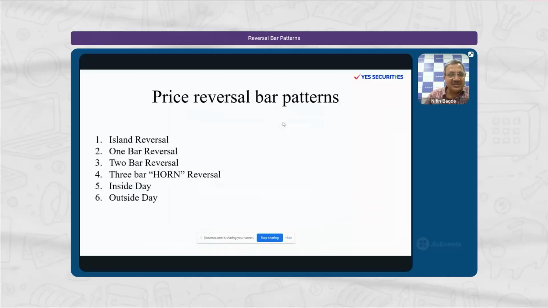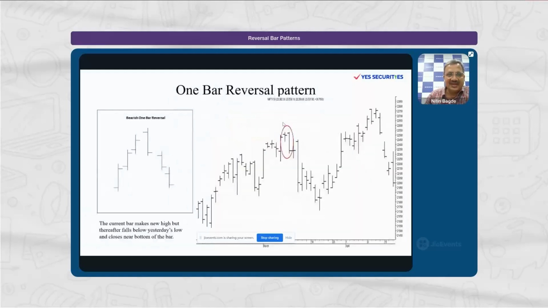The next pattern is the one bar reversal pattern. Basically, this is the first bar and this is the second bar. This second bar is making the one bar reversal pattern. I'll use the word current for this one, and this is the previous bar. So the current bar should have made a higher high, so high greater than this high, and then it should close below. It should breach below the low level of the previous bar, and